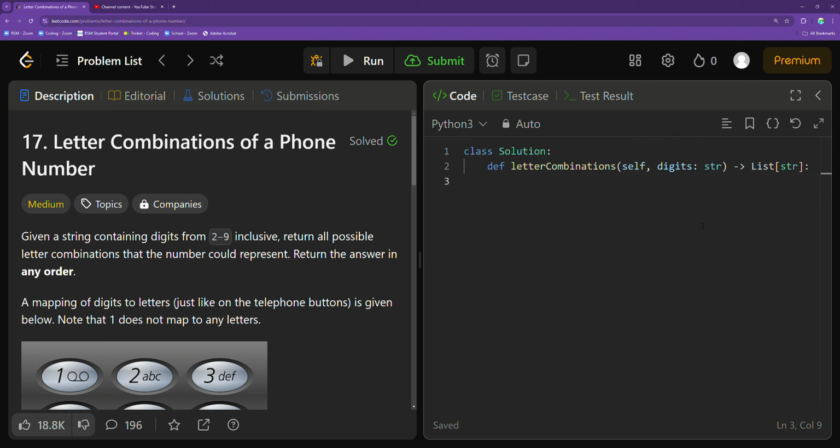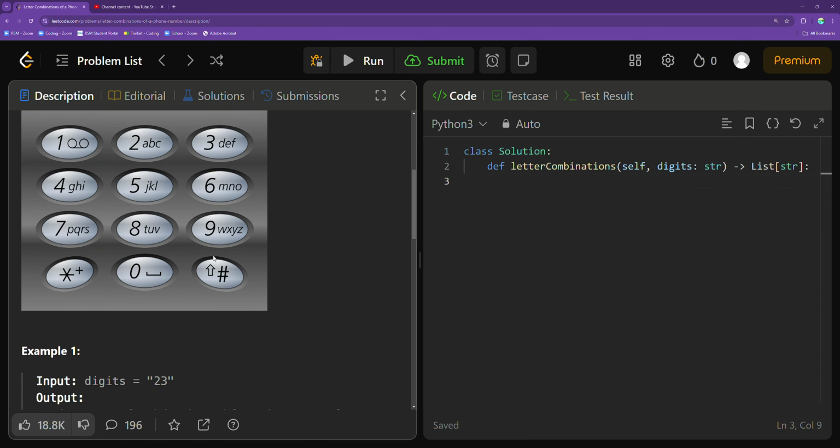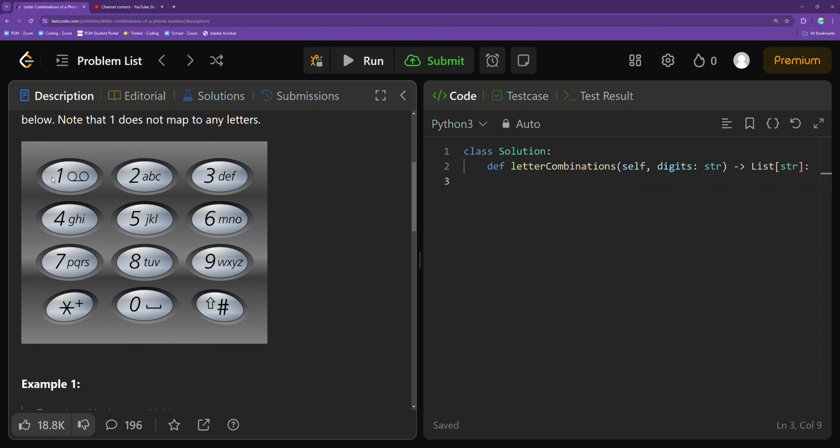And a mapping of the digits to the letters, just like on the old telephone buttons that some of you guys may actually still have, is given below. We have to note that 1 doesn't actually map to any letters, and that's why we're given digits from 2 to 9 inclusive in our input rather than from 1 to 9. So, as you can see, this is the accurate mapping of the digits, and if any of you guys still have this keypad from any of your older phones,